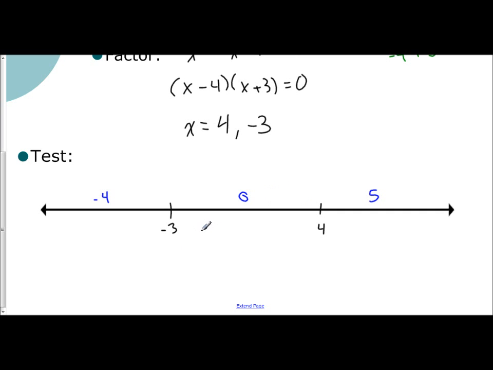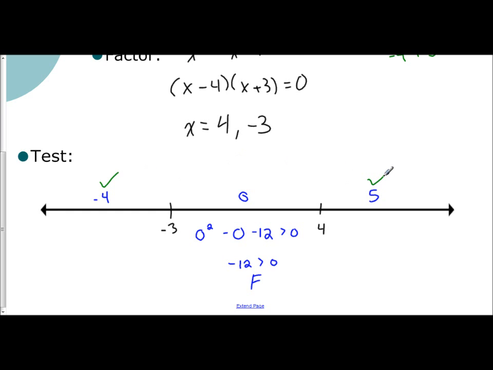If I take 0 and square it, because it's x squared minus x, so minus 0 minus 12. The original problem says it has to be greater than 0. So is negative 12 greater than 0? And that's false. That means this is not part of the solution space. So what does that mean about the outsides? If this is not part of the solution space, then shouldn't that mean the outside ones are part of the